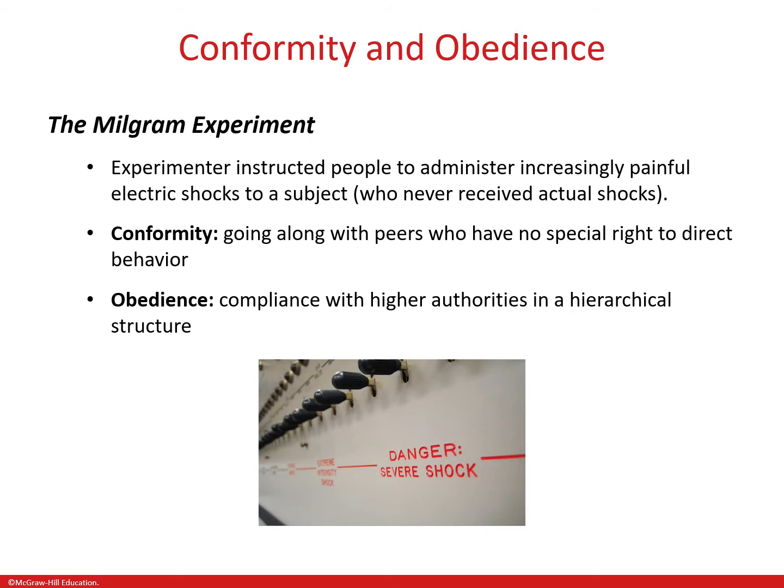Okay, so social control takes place at the group level, but it also takes place at the societal level. Our actions and behaviors are influenced by both our peers as well as persons of authority. Now, social psychologist Stanley Milgram defined conformity as going along with peers, even though they have no special right to direct our behavior. If we think about our peer groups, we conform to language, we adopt similar expressions of language, dress,